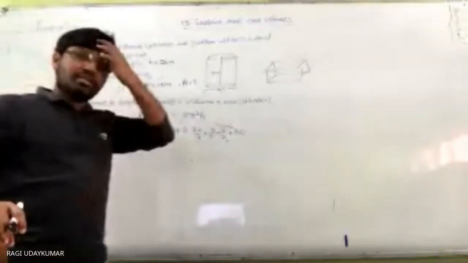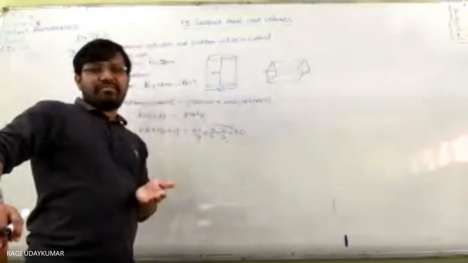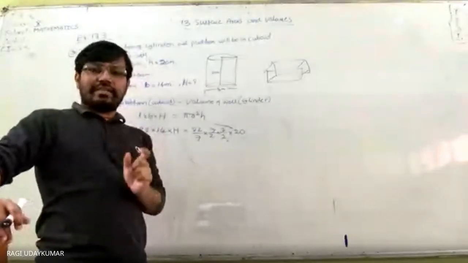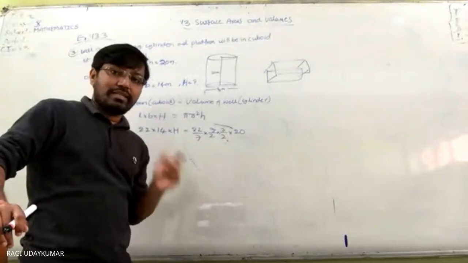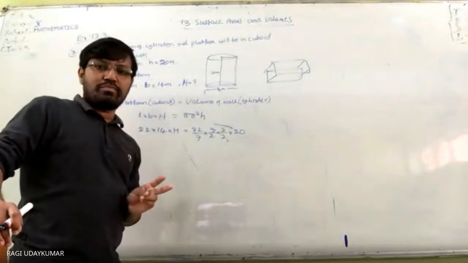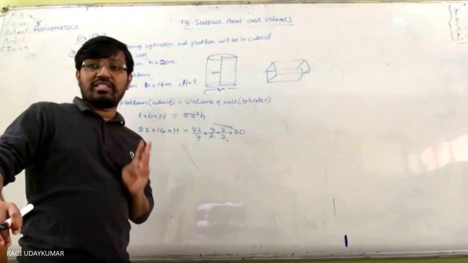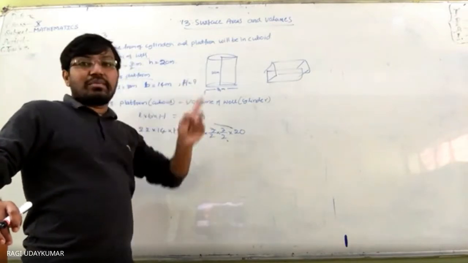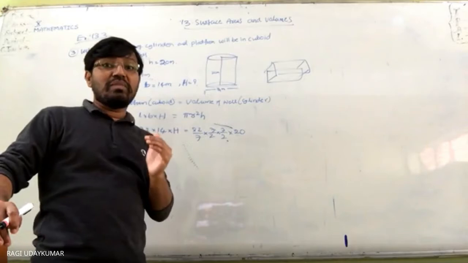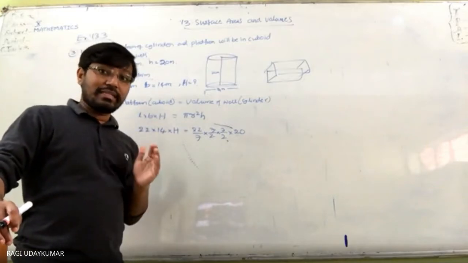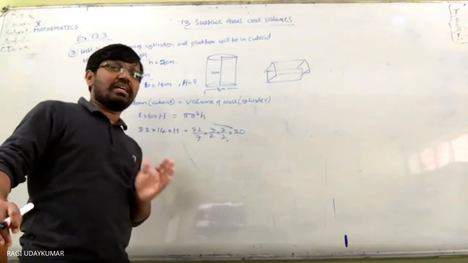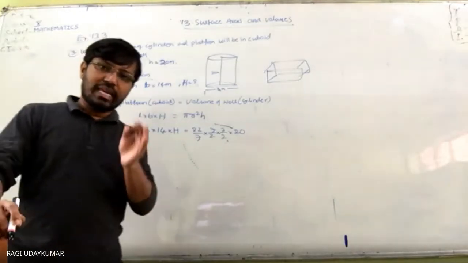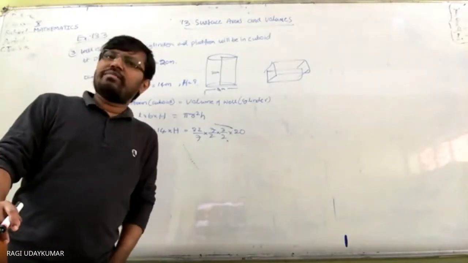See here, in these problems, nothing is there. The shape you need to identify, in what form you are going to have, and after that diameter, main concentration: sometimes diameter will be given, sometimes radius will be given. This is the second point you need to concentrate on, and the third point is conversions. Sometimes centimeters में देगा, sometimes meters में. So every unit should be in the same units, either centimeters or meters. All should be converted into the same units. In the conversion of solids, these are the main points you need to note here. So the remaining will be similar here.